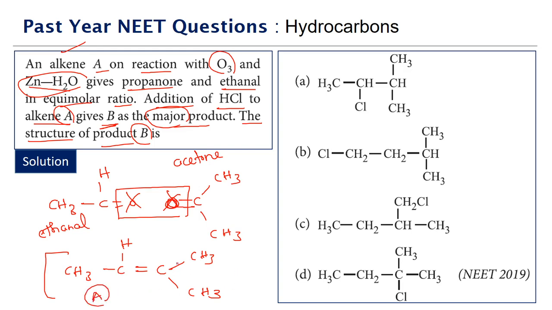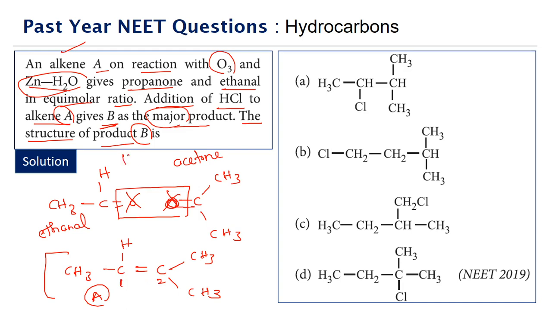To this, when we are adding HCl, this is the typical case of electrophilic addition. So hydrogen will go according to the Markovnikov rule, which is that hydrogen will go to the carbon that is already having more hydrogens. So here we have carbon 1. Let's just number them 1 and 2. Hydrogen goes to carbon, I mean the thumb rule to look at the products of the Markovnikov addition is what?